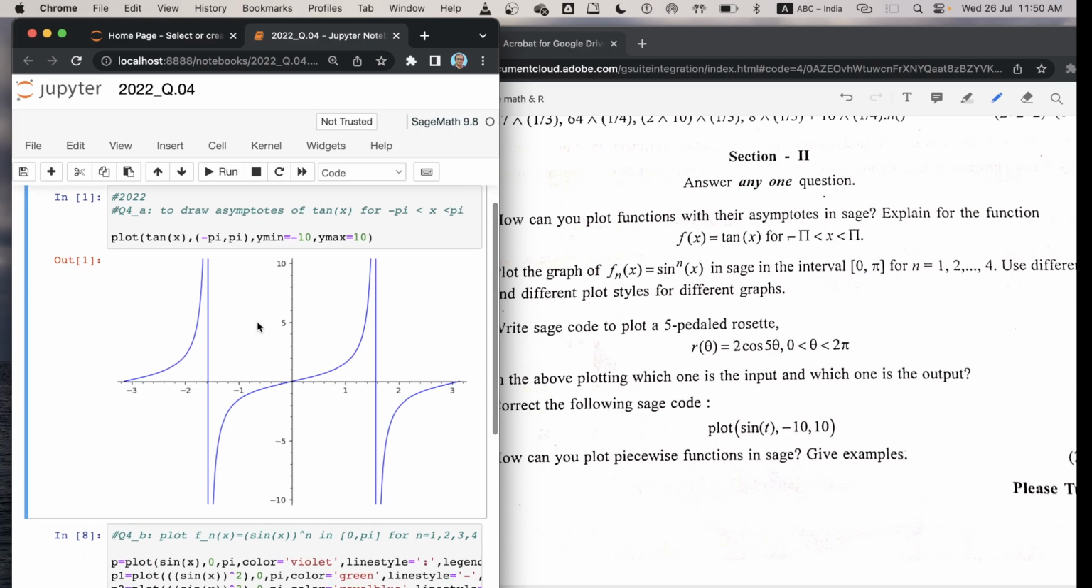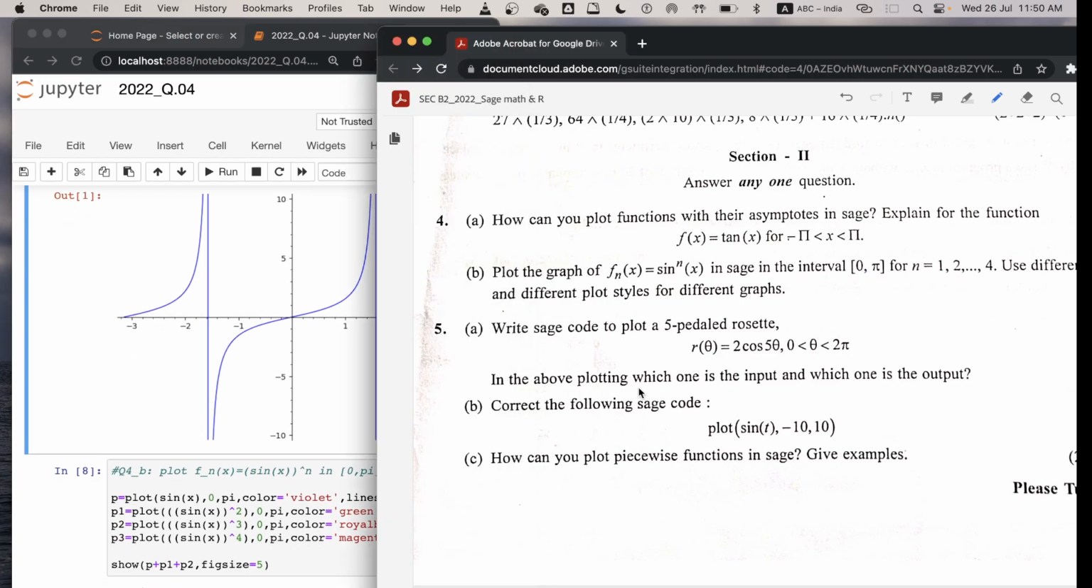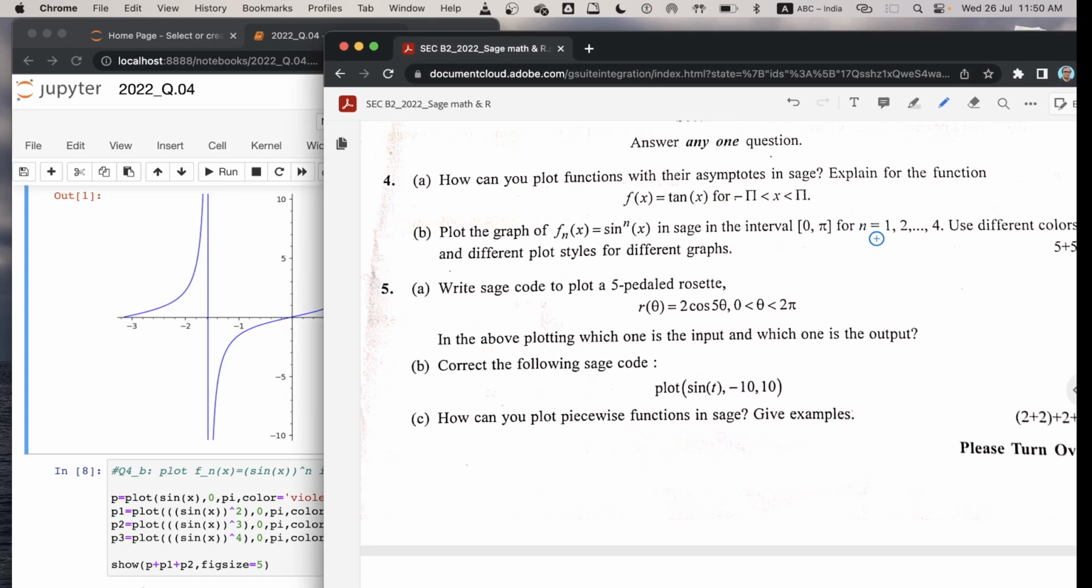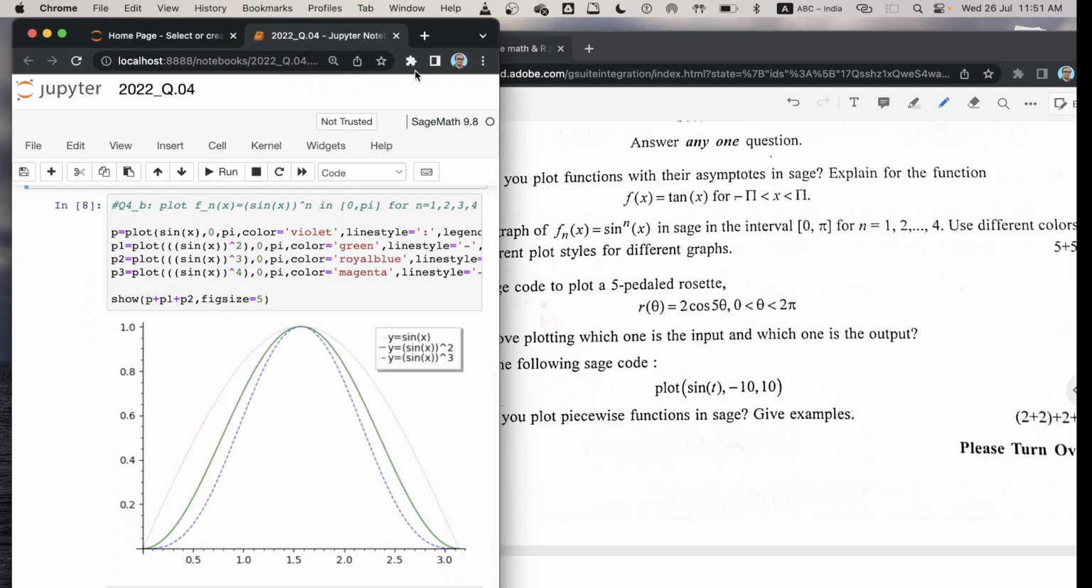So you get the asymptotes at this point and this point, the two asymptotes here within the range minus 10 to 10. And question B: plot the graph of f(x) equal to sin to the power n x in Sage in the closed interval 0 to pi for n equal to 1, 2, 3, 4. Use different colors and different plot styles for different graphs. So this is the